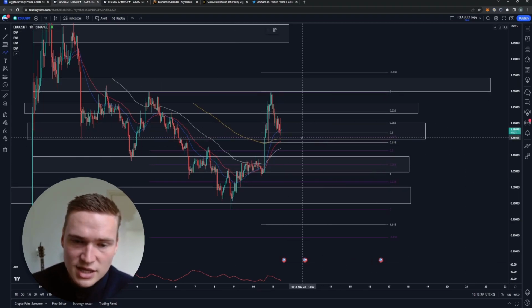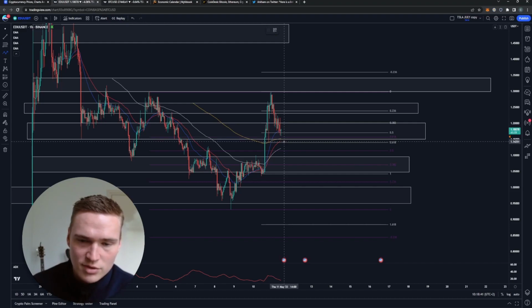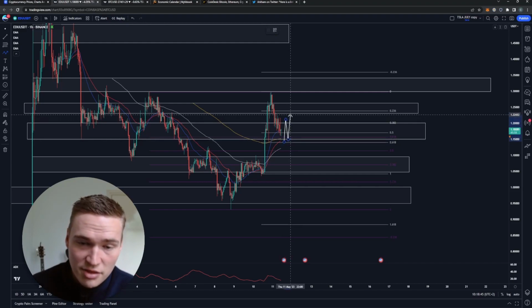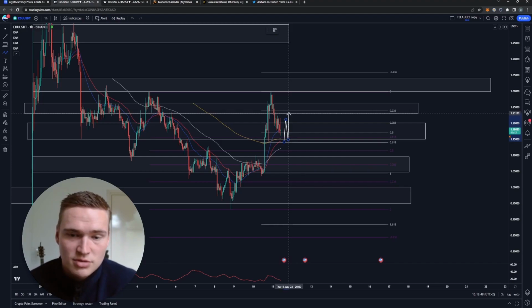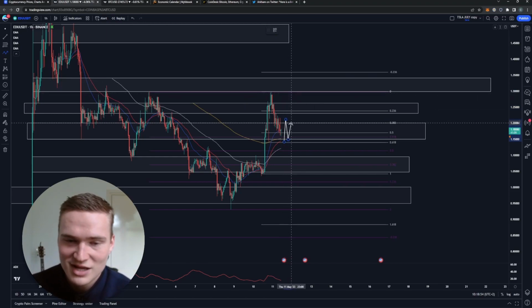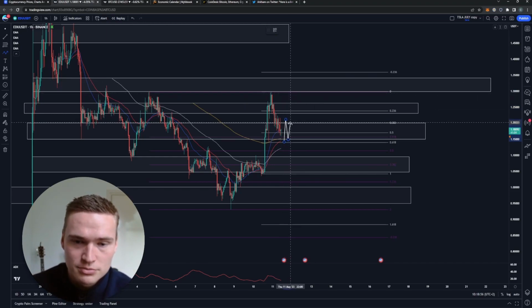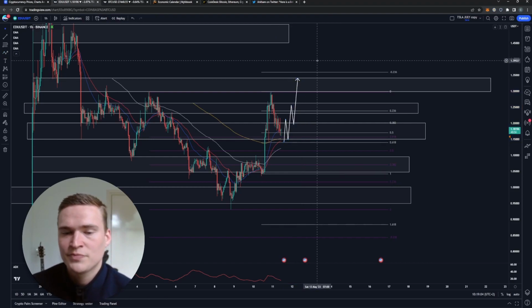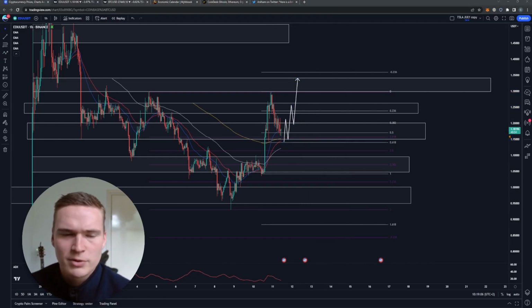So right now the biggest thing is I think we'll drop down to that level around 1.15 and 1.14. I think from there we can get some support, but what we would have to do to actually stay bullish and get up to 1.35 or perhaps even break above that is break above 1.2. If we can do that from that level, then that's bullish confirmation, and I think we can get at least up to 1.34, 1.33, and then from there we'll see whether we can actually start some sort of a rally.